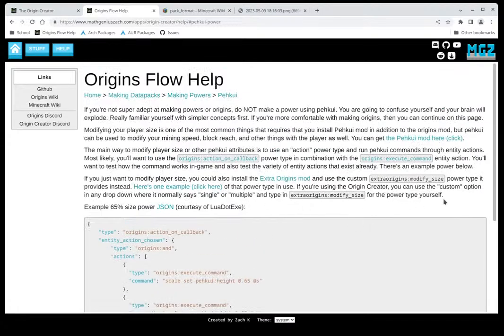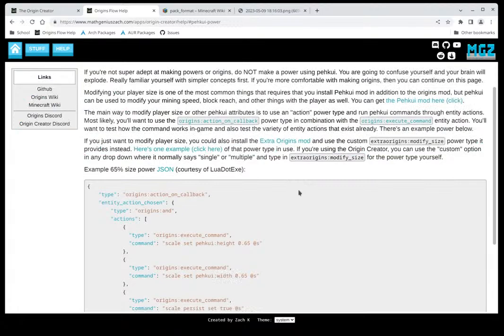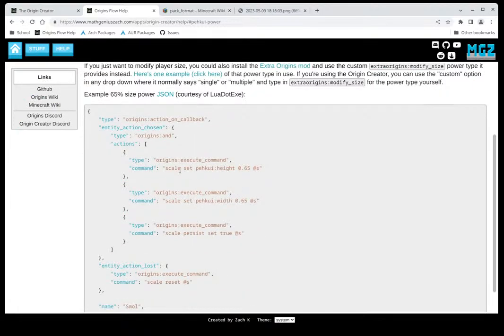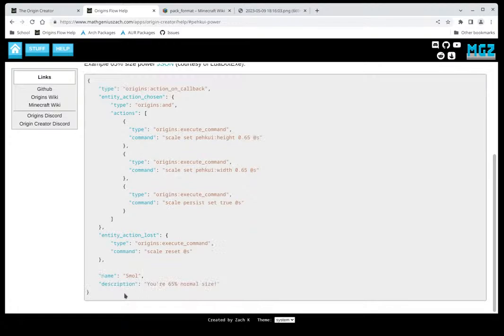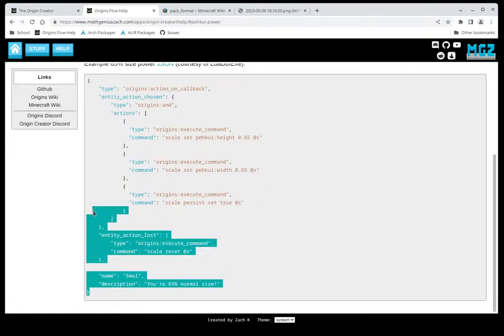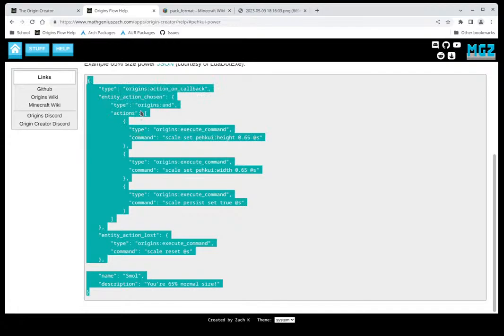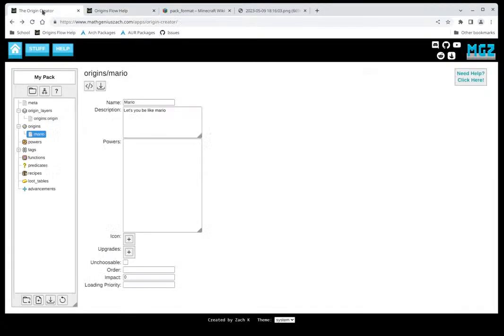Even if you don't care about reading half of this, there's an example down here that just shows how to set your size to 65% of what it normally is. And you can just kind of copy paste this. And in general, whenever you see JSON code like this and you want to put it into the origin creator, there's a very easy way of doing that. If I copy this in place and I go back to the origin creator,